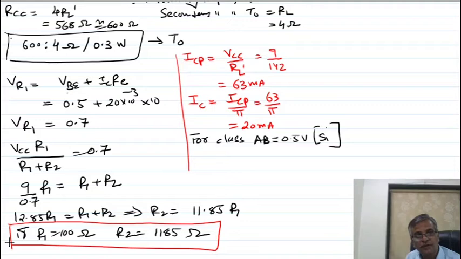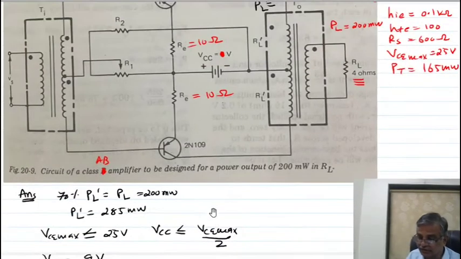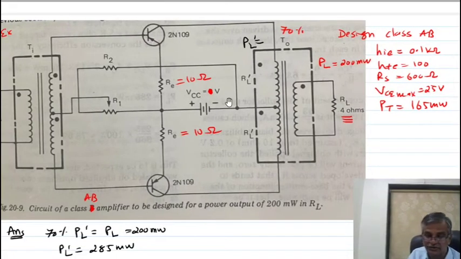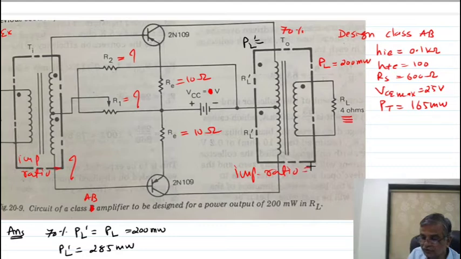Now we are talking for an input transformer TI. See what the case, look here. They have written here design this. Design this means you have to find this value. What is the impedance ratio for TO? This is for TI. What the value of VCC? Your VCC you decided 9 volt. So this is called designing.